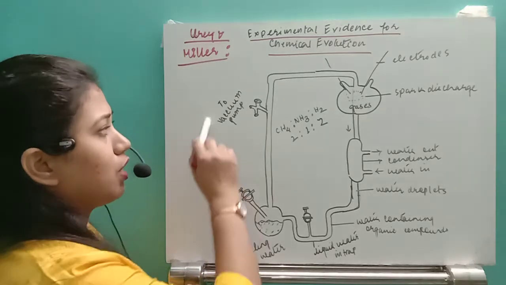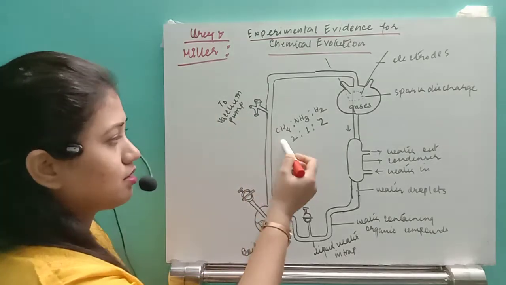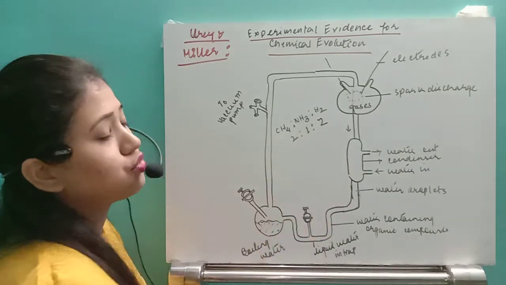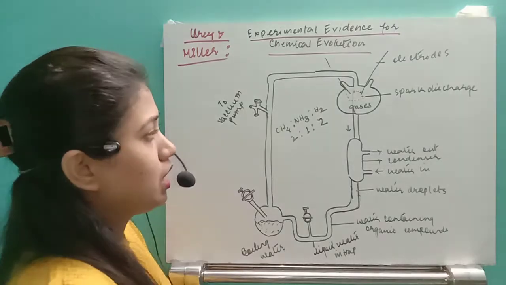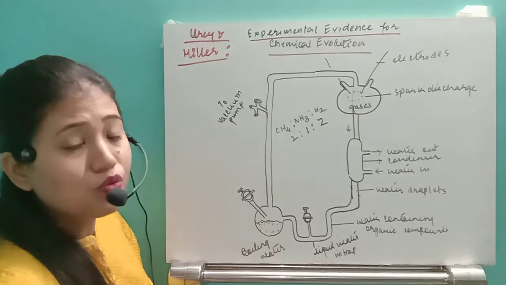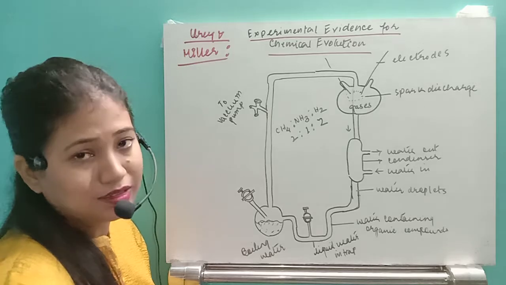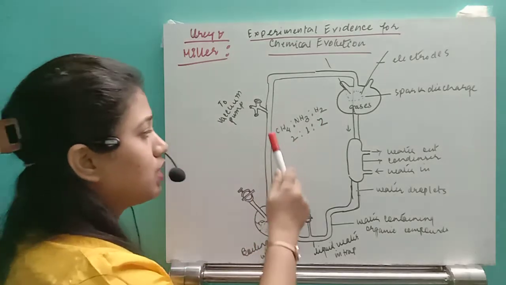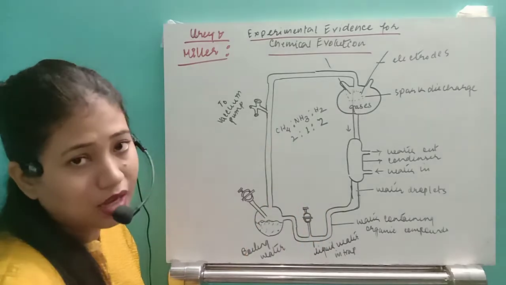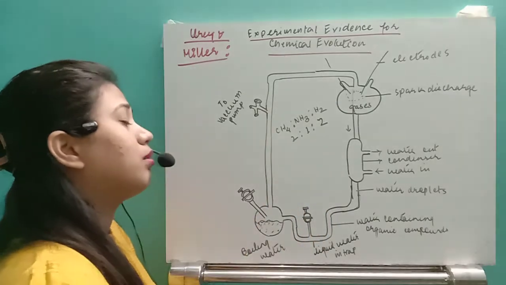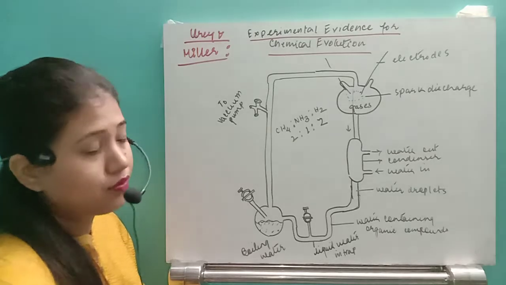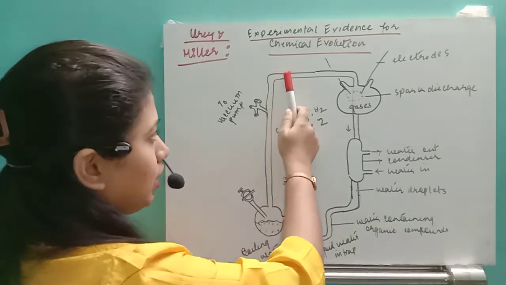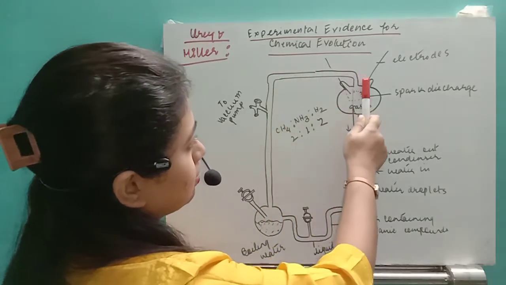First of all, a vacuum pump is here. Three gases, methane, ammonia and hydrogen, were taken in a 2:1:2 ratio. In that glass apparatus there were no other gases, it was made a vacuum, and these three gases, methane, ammonia and hydrogen, were taken in the ratio of 2:1:2. Okay, so the gases, whenever they get high temperature, that goes into this